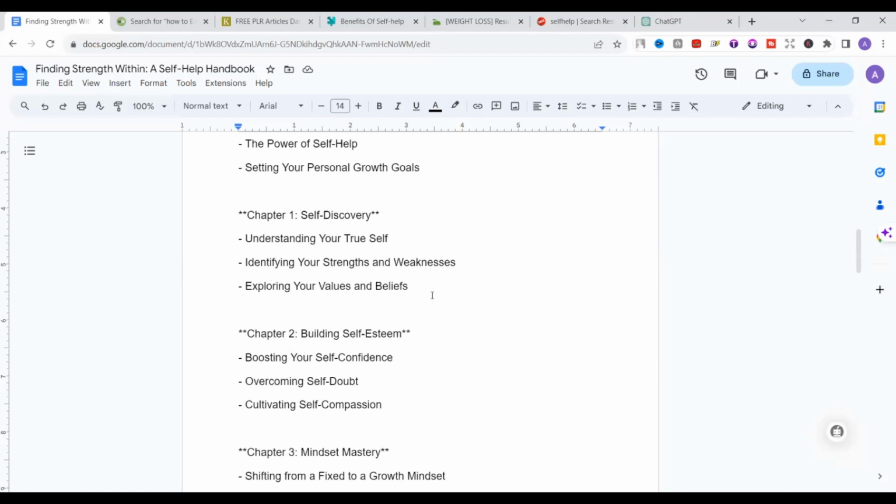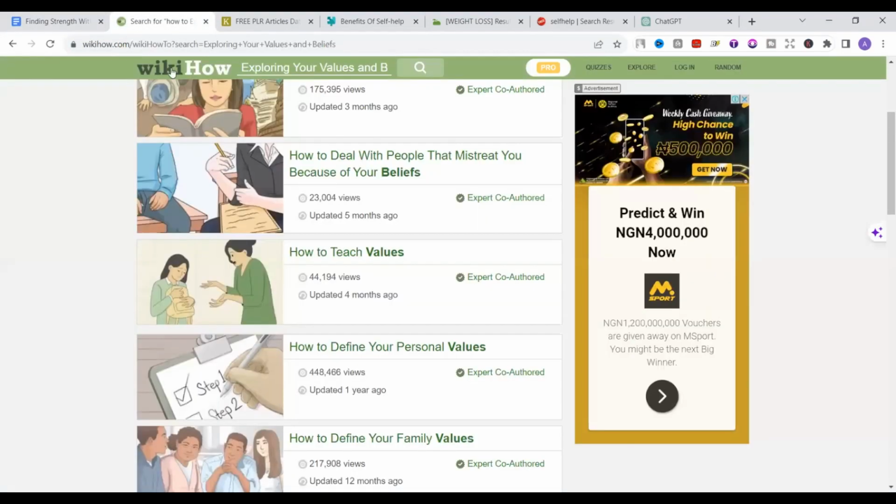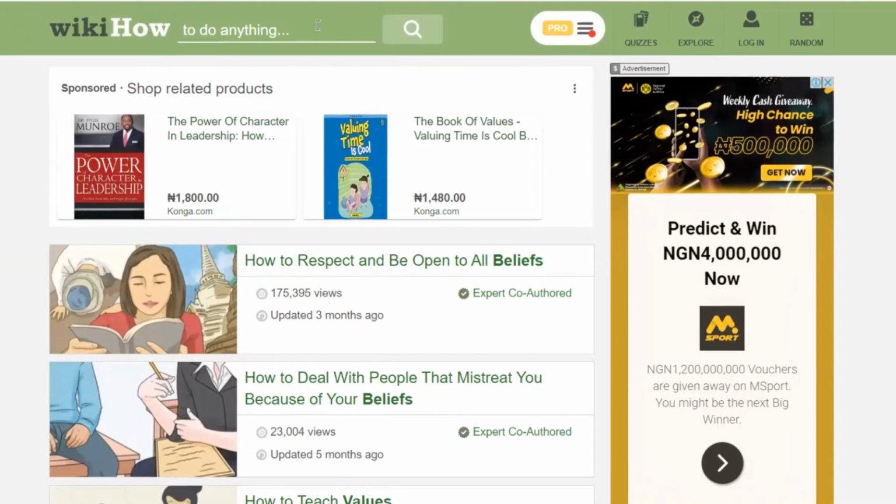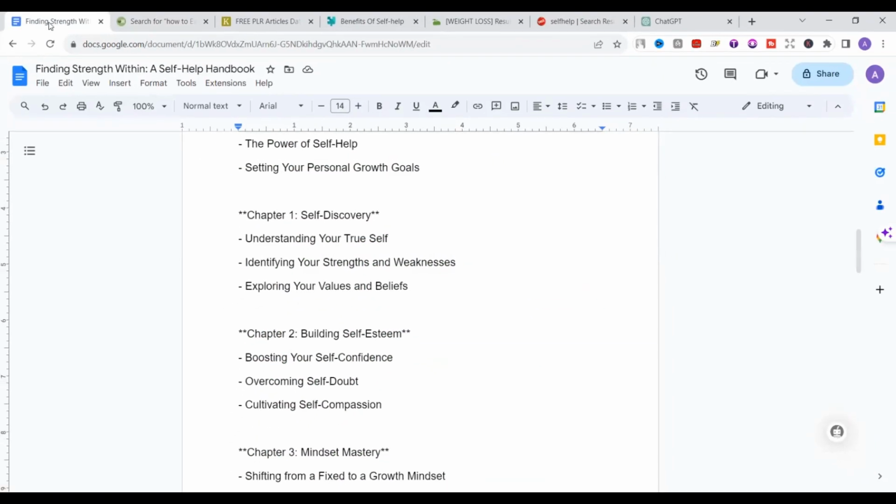So now let's start seeing how we're going to use all these four methods we're going to discuss. The first website that you can always go to get your unique content is known as wikihow.com. If you go to wikihow.com, a lot of topics are discussed there, and you can easily put any of these topics. Let's say, for instance, we have understanding your true self. If you copy this